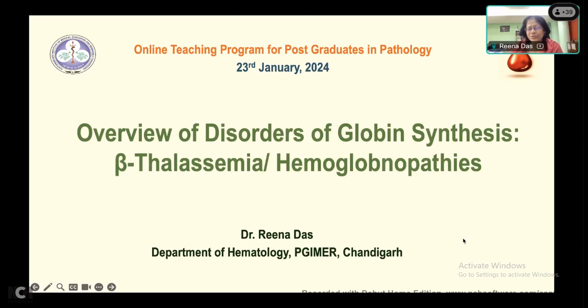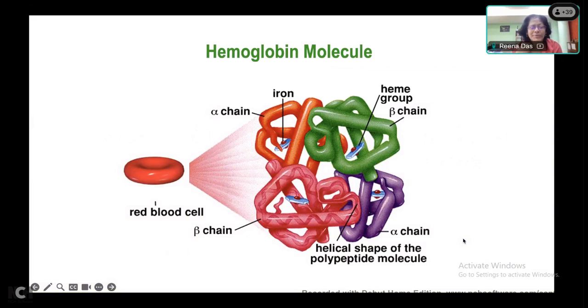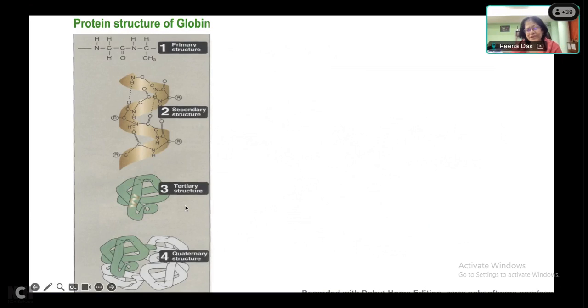A bit about it to give an idea about common hemoglobinopathies. We know that the red blood cell, the major component of this cell is the protein, the hemoglobin, which constitutes more than 70% of the content of the RBC. And this biconcave cell actually has millions of hemoglobin